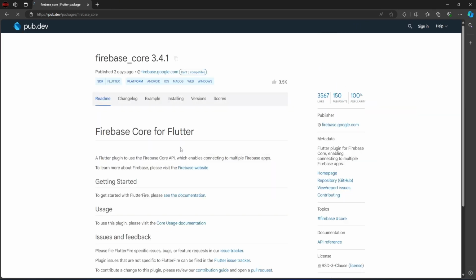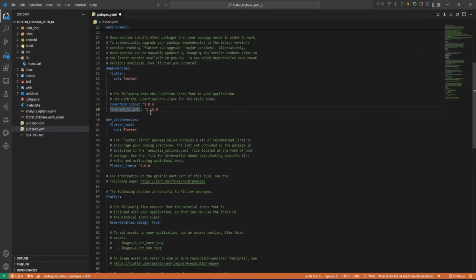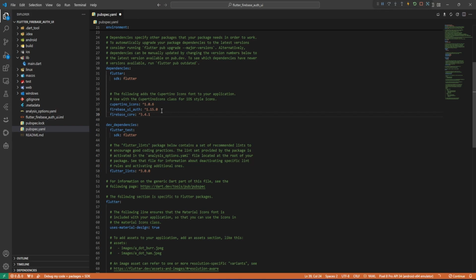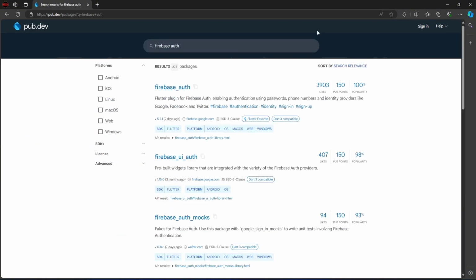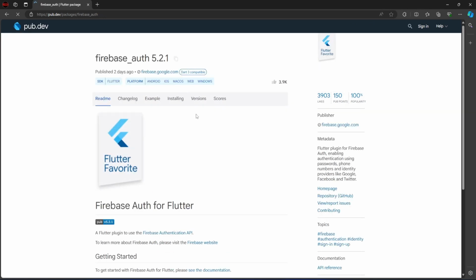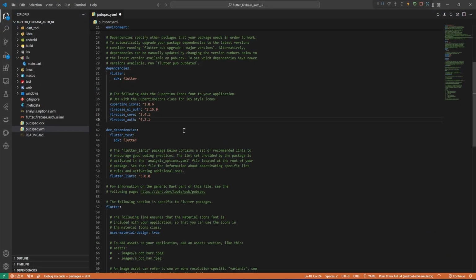We want to get this Firebase core, and then installation. Let's just copy this, go back here, and then paste that. We also want to get Firebase auth, so let's get our Firebase auth. You want this package installation, and then let's get this one. Gonna go back and paste it here, and then the next thing is we're gonna get also Cloud Firestore and